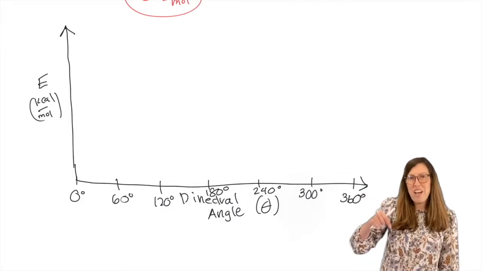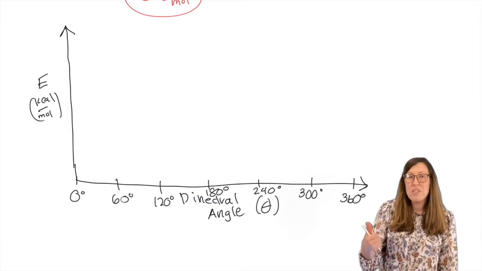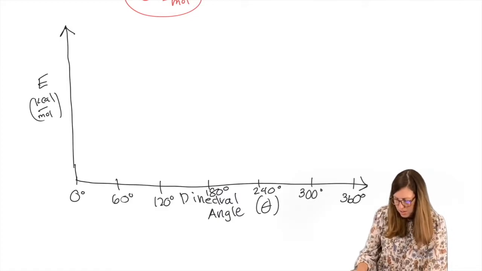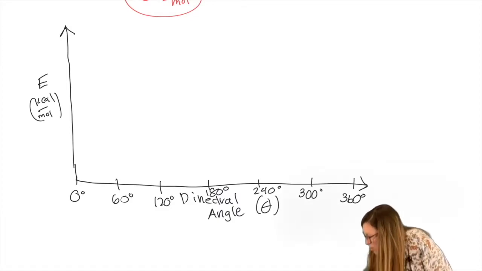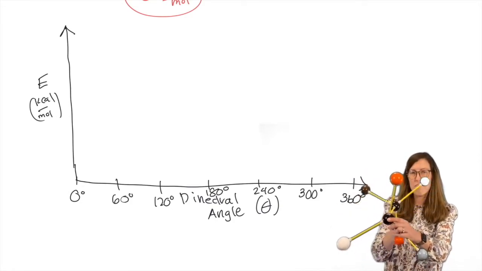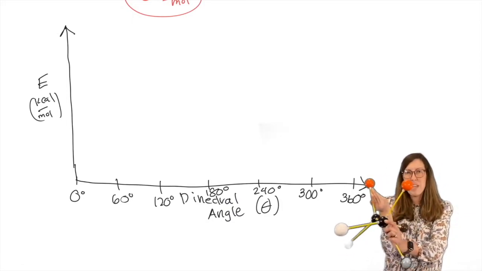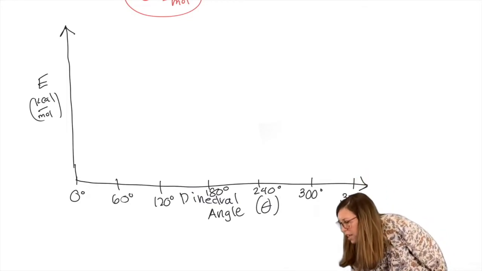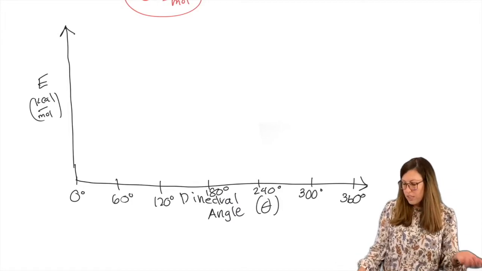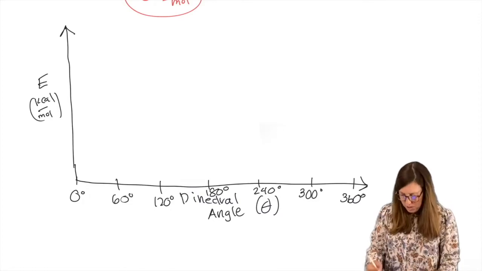Now we get to add the dots for the values. We only have two values. It's either 3 kilocalories per mole or 0 kilocalories per mole. And so think about ethane. You can even grab your model back out, or maybe I'll use the huge one. As we go around, 0, 60, 120, 180, right? But we've worked out that staggered for ethane is always worth 0. Eclipsed is always worth 3. So when they're 0 degrees, they're eclipsed.